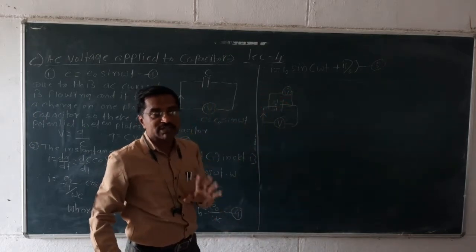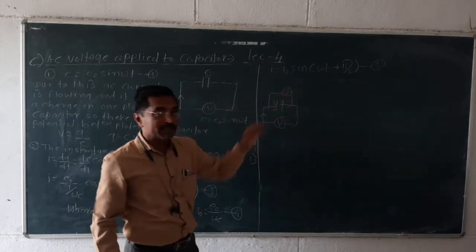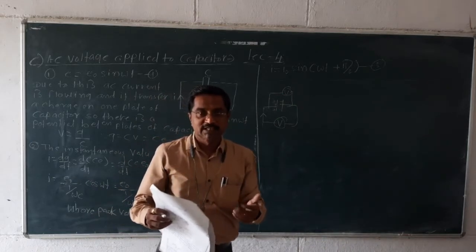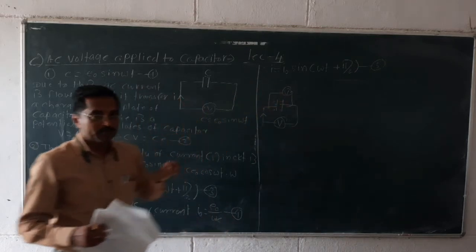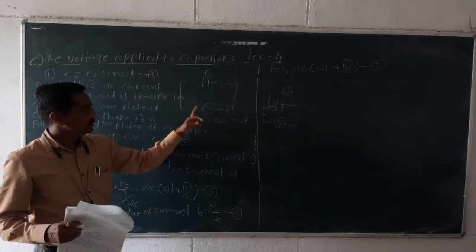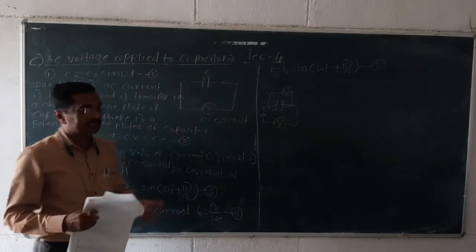Across this capacitor, a potential difference will be created. The function of the capacitor is to store the electrical energy in the form of charge. This device does the work of storing electrical energy. So when the AC voltage is applied to such a capacitor, the alternating current is flowing, and what is the relation between them, that you have to find.